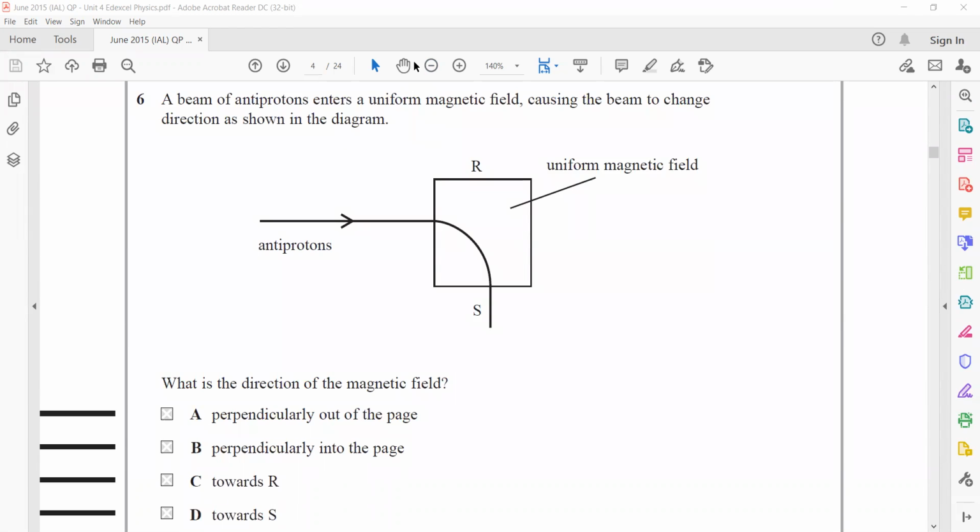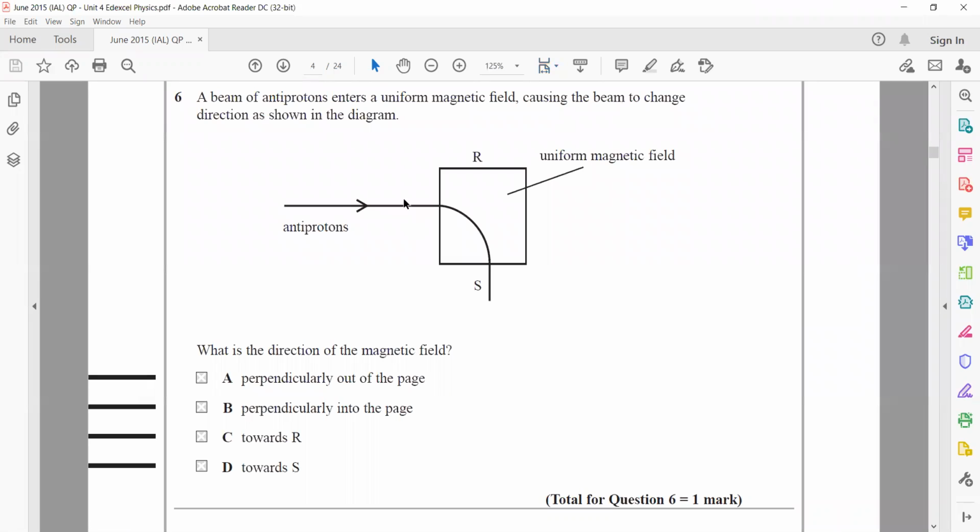For question 6, a beam of antiprotons enters the magnetic field, causing a change in direction. So when we apply the left hand rule, if it was a proton, the first finger represents the magnetic field, which should be perpendicular. So it can be A or B. If it was out of the paper, the first finger represents the magnetic field out, the second represents the direction of the particle. So if it was a proton, it should go